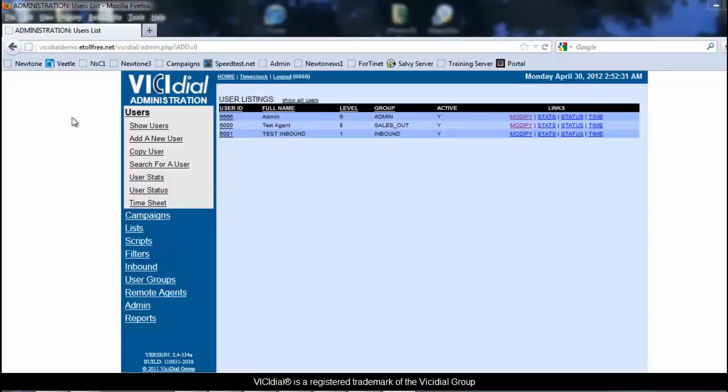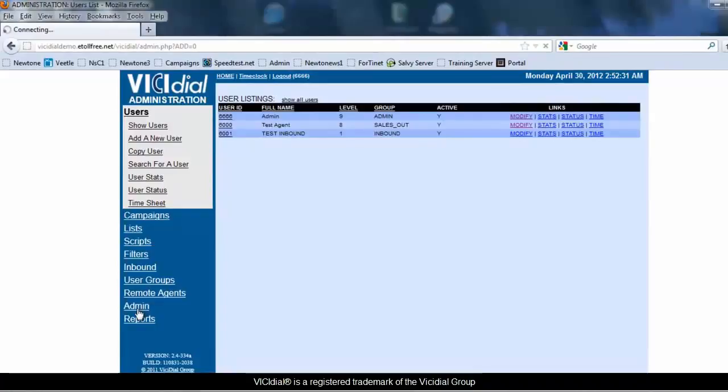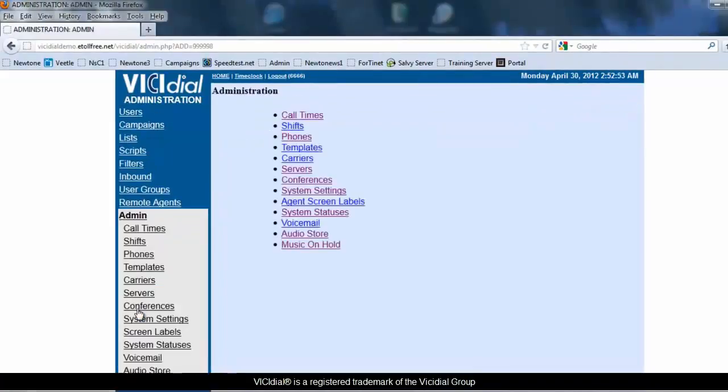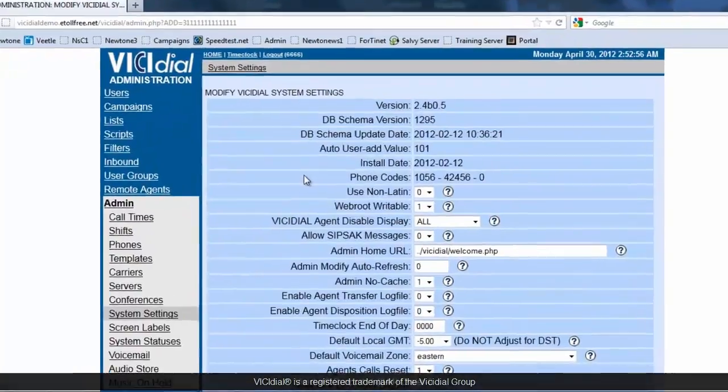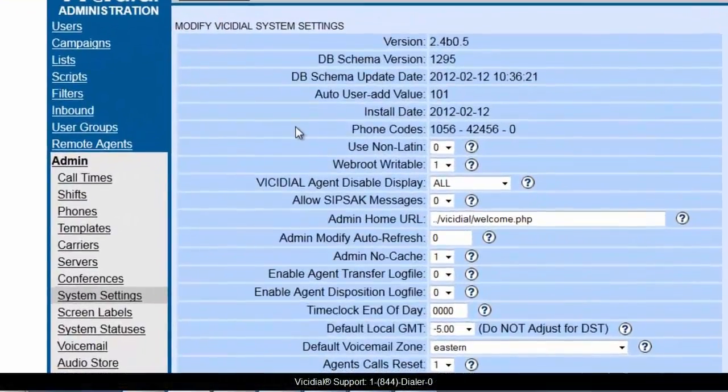So to get to that section, we're going to be in the VCDAO administration menu, and we're going to click on admin, and then we're going to go into system settings. Now, most of the stuff here is already set, but there is some things that you might want to adjust,